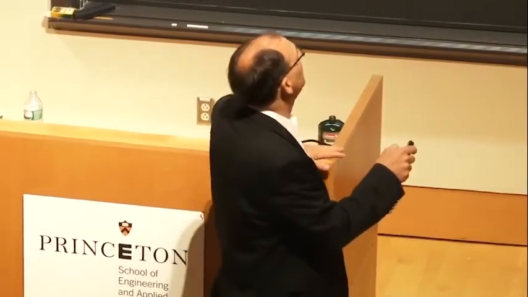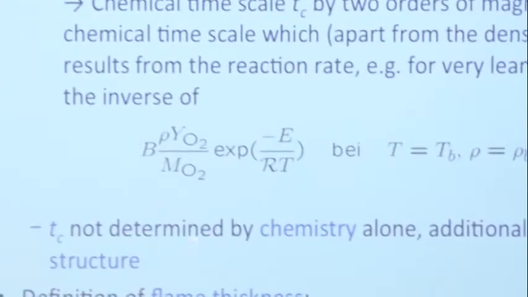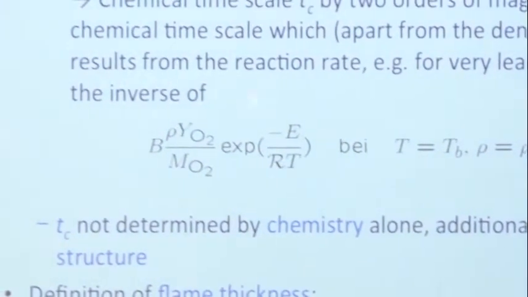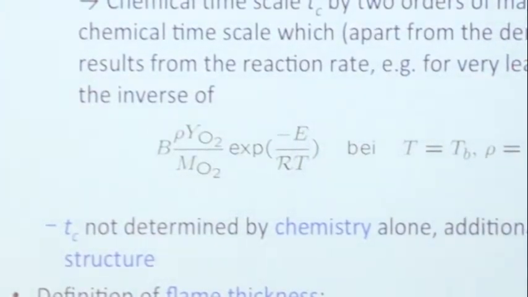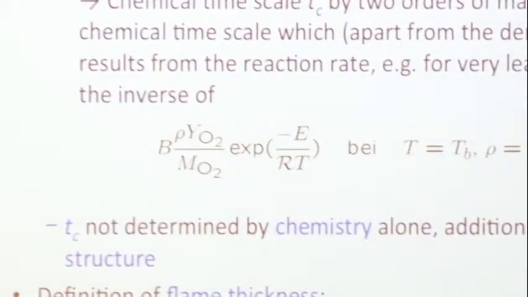Okay? So this here, for example, would be for lean conditions. This should be for rich conditions. This would be a time scale, and